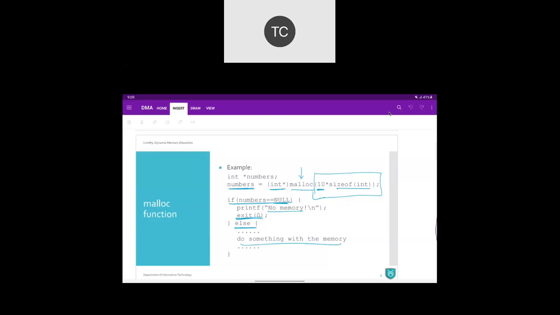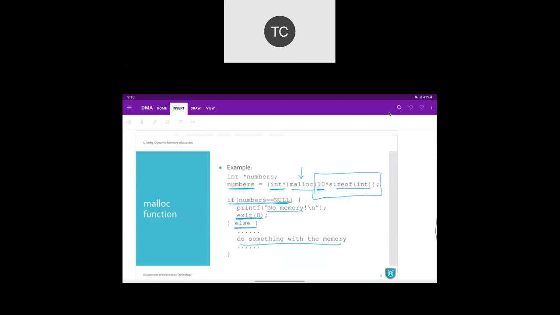Now we use sizeof int because the size of your data type depends on which platform you are running your code on. So if it is a 32-bit operating system, maybe an integer will require 2 bytes, on a 64-bit OS, an integer will require 4 bytes, and so on. So we will not write 10 multiplied by 2. We will say 10 multiplied by sizeof int.